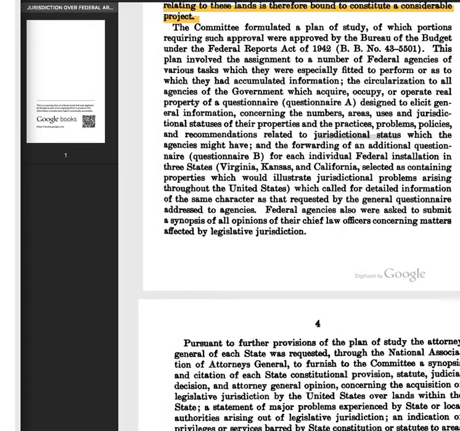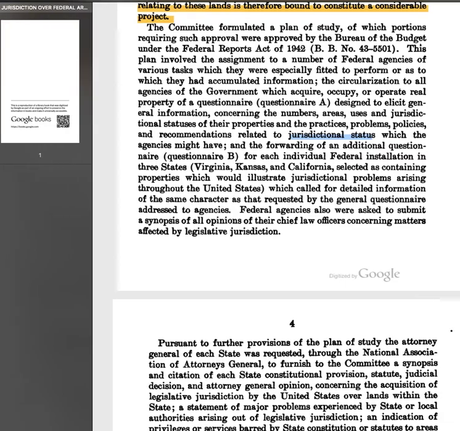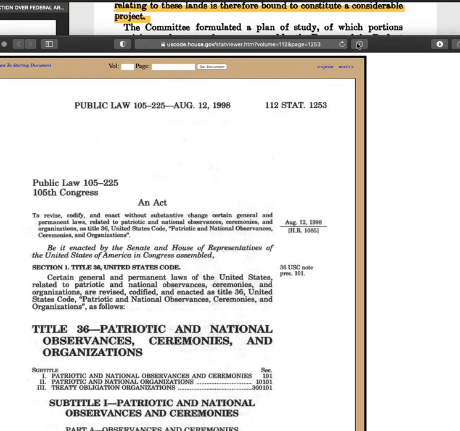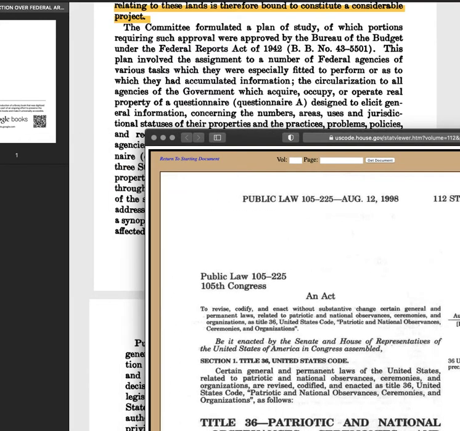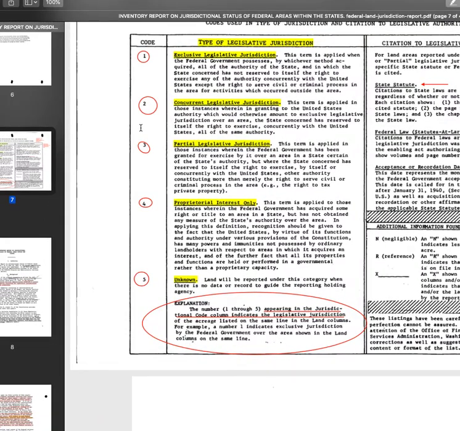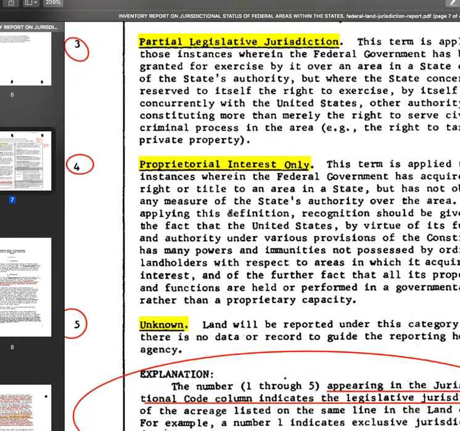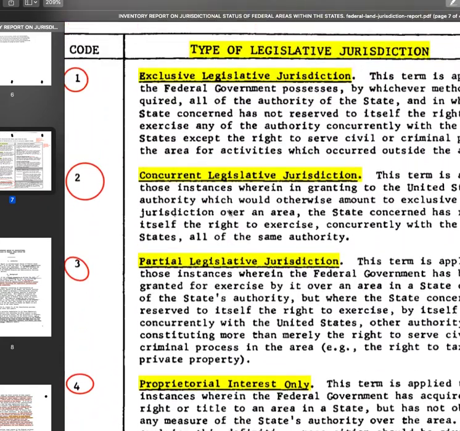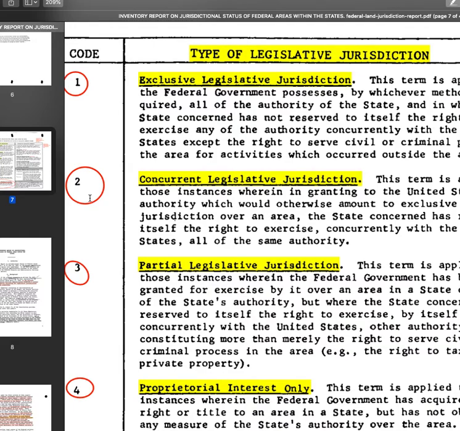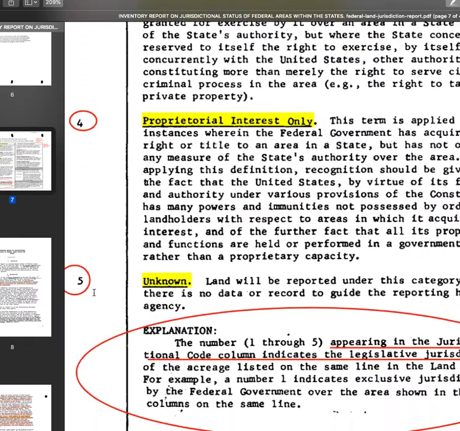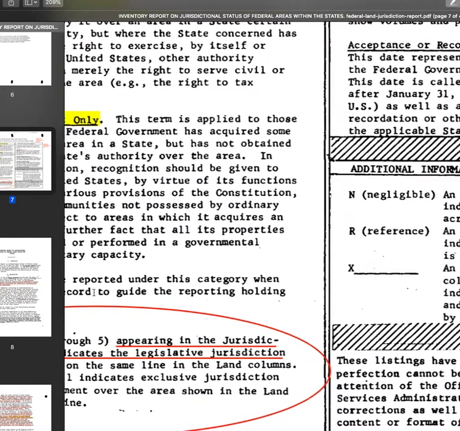But since then, they've been expanding their jurisdiction. They've been taking more and taking more and taking more. And how did they do that? By acting outside the Constitution and claiming to have all these other jurisdictions on all these other lands. So they only have one, but they came up with, well, we need two. Well, now we need three. Well, give us some four. And then we'll even take five, some unknown jurisdictions.